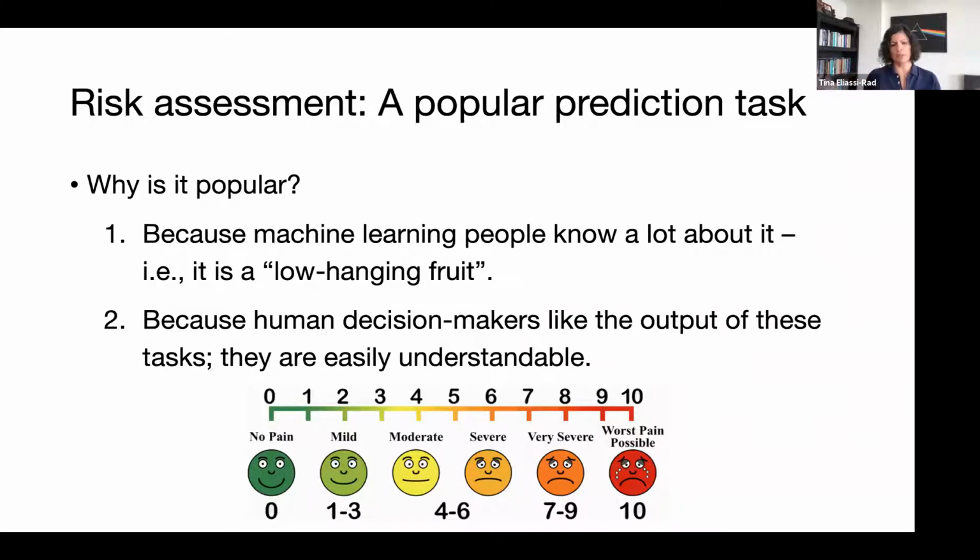If not, you could do regression, but it's some sort of sorting. It's a low-hanging fruit. And also the human decision maker tends to like them. It's easier for them to understand. And one of the issues actually is with all these risk assessment tools that are out there, especially in the criminal justice system, they don't give any information in terms of the uncertainty that's associated with the risk assessment tool,